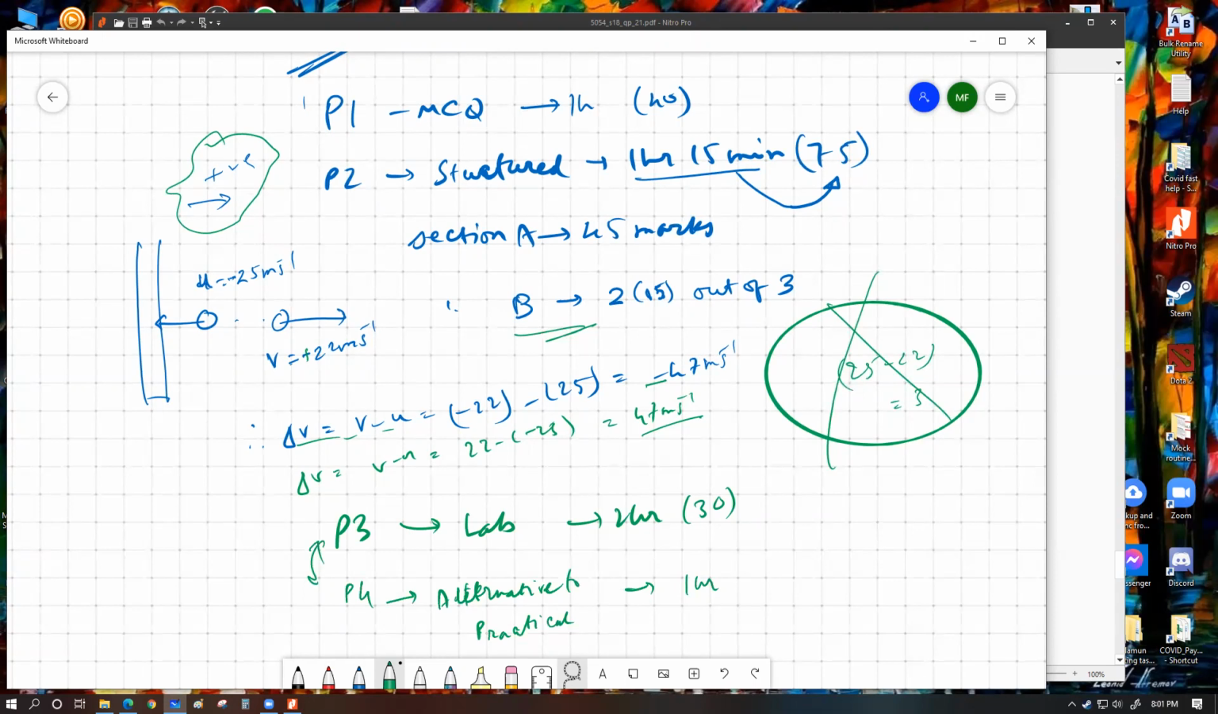So these 2 papers are optional. You can choose either of these. You can register for any of these. CA allows this as well. So this is also 30 marks. Now,